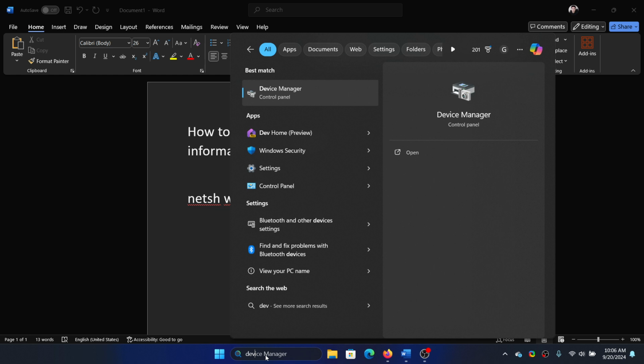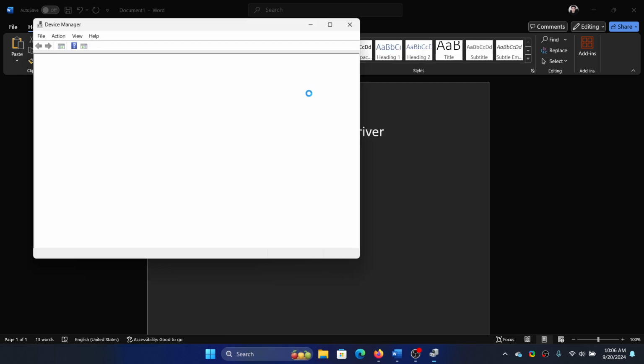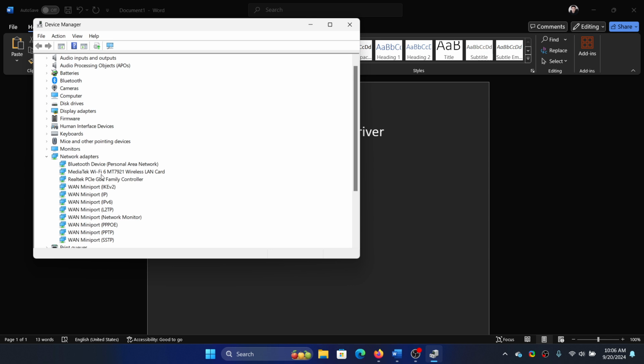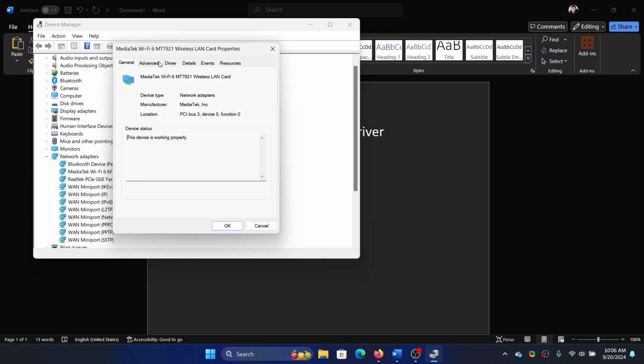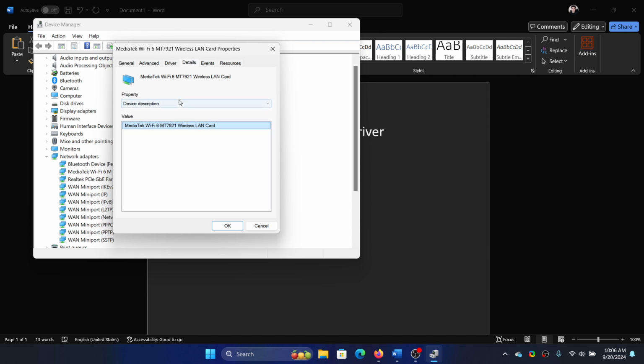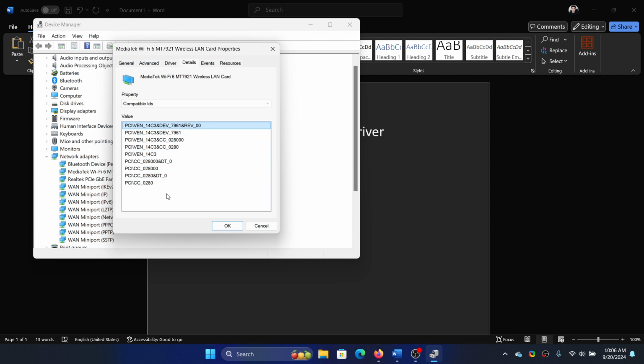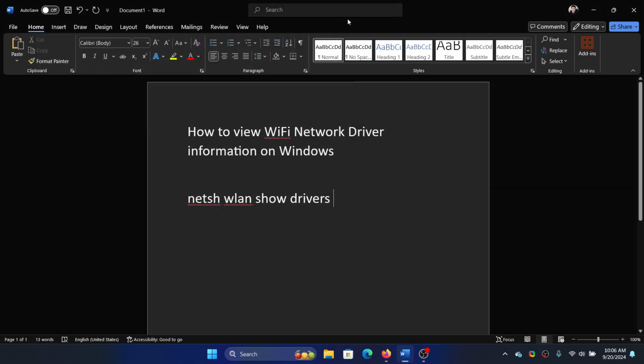So let us open Device Manager. Expand the list for network adapter drivers, and these are all the network adapter related drivers. You can view the information in properties and details. But see, here's the problem with this method. You will have to check each set of information individually, and for specific sets of information, this would not be difficult. But if you need complete data, then we have a command for you, which is